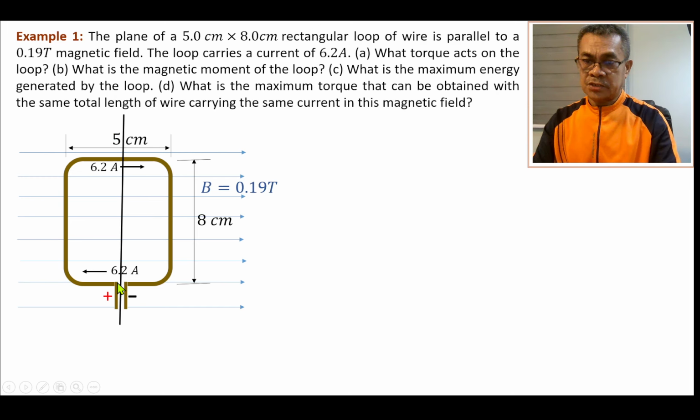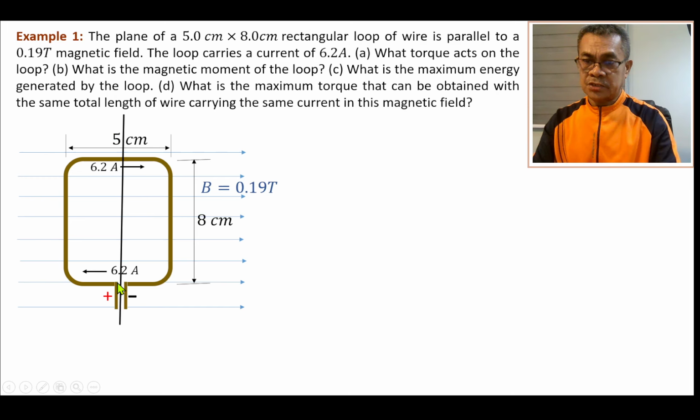So the rotation is due to these forces. That's why the rotation, looking at the top, is in the clockwise direction. Why? Because of this force. Also you can use the direction of the loop's mu, which is inward towards the magnetic field. So when you look at the top, it should be clockwise. If you're asked the direction of rotation, use the direction of mu and the magnetic field, and you can answer. Or you may use the force. But I think the easiest way is to identify the direction of mu.